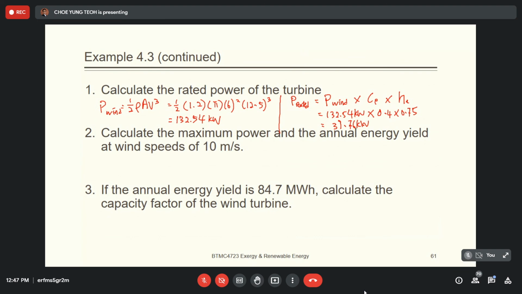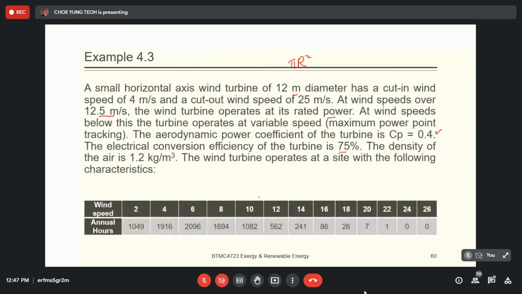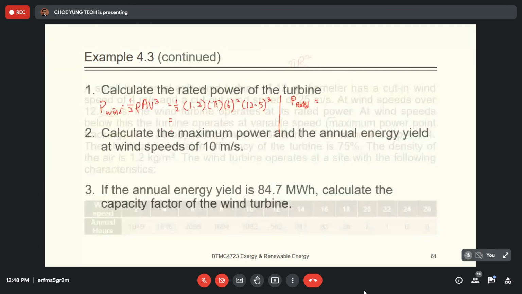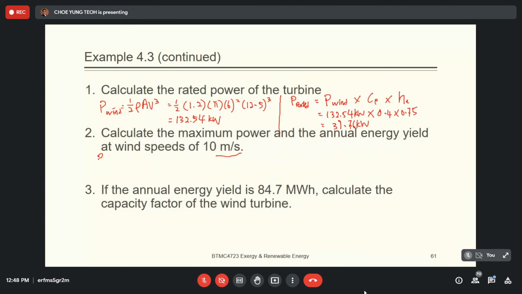Then the second question. Calculate the maximum power and the annual energy yield at a wind speed of 10 meters per second. At a wind speed of 10, you want to calculate the maximum power and annual energy yield. So maximum power, I think, is very straightforward. P10, because the wind speed is 10, so it should be 1 over 2 rho A V cubed